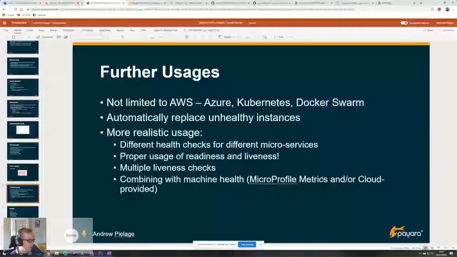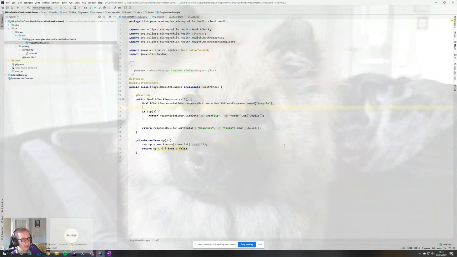Alternatively, you could use one of the other MicroProfile specifications. The metrics is the one that comes to mind. This is specifically around getting that information, such as CPU usage and stuff. So within your health check, I don't have the dependencies downloaded at the time, but I could get the metrics registry within my health check here and start doing those calls and querying the machine state, but also the application state, because the MicroProfile metrics is not purely limited to